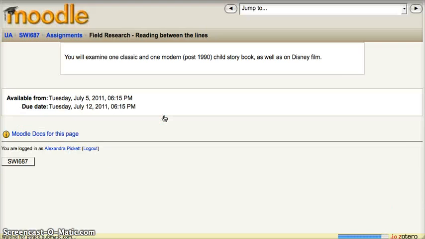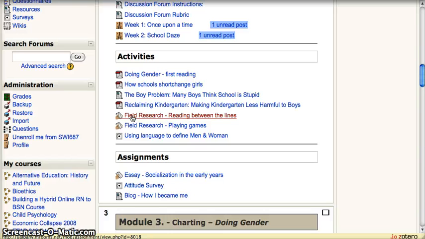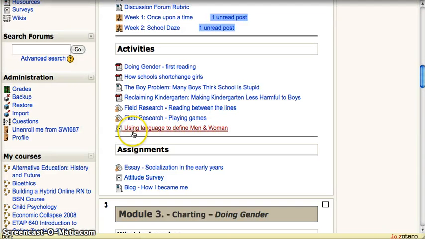Here you have field search, research activities. I guess I don't really understand. I think that these are places where the students have to submit an assignment to you, and you have these all over the place where they turn them into you as homework assignments.